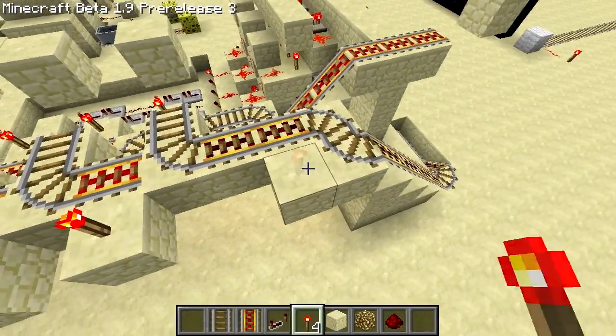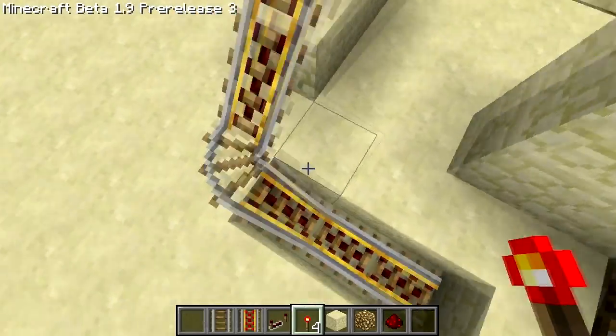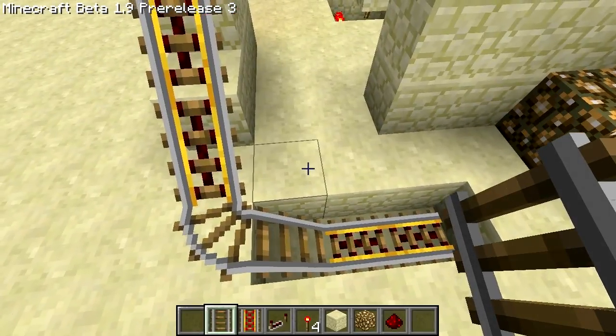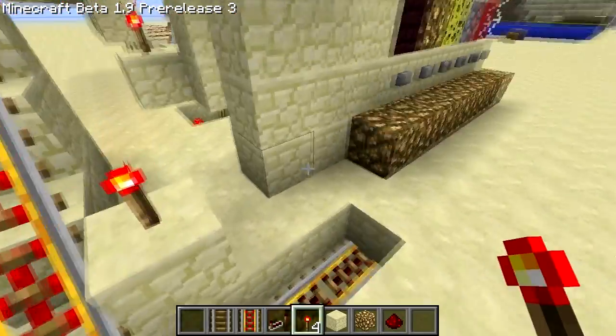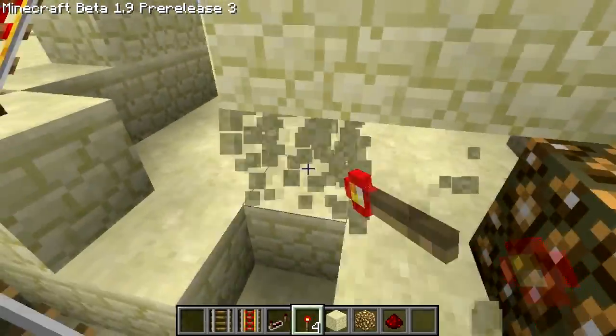Now we're just powering each rail, and here we want to only, or actually I need to change that one out. Oh, I hope that's enough. We only want to power the one on the left here, because if you power this one down here, it's not going to work. We want this one to be powered only when